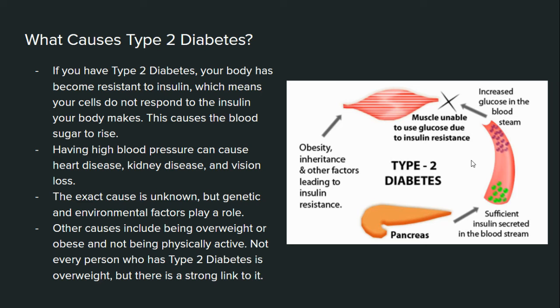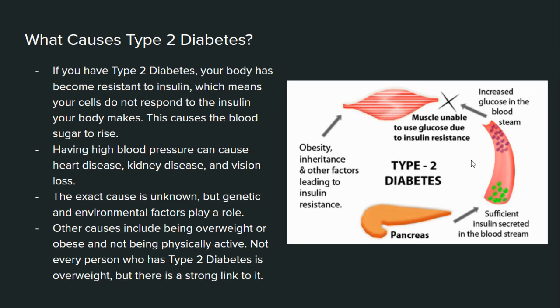This is one thing that you must remember, though. Not every person who has type 2 diabetes is overweight or obese, but there is a strong link between being obese or overweight and having type 2 diabetes. And on the right here, we have a little diagram, and you see obesity, inheritance, and other factors leading to insulin resistance, which makes the muscle unable to use glucose due to the insulin resistance. Then we have the pancreas and insufficient insulin secreted in the bloodstream, and it's just an endless cycle of not being able to get the proper amount of insulin for the